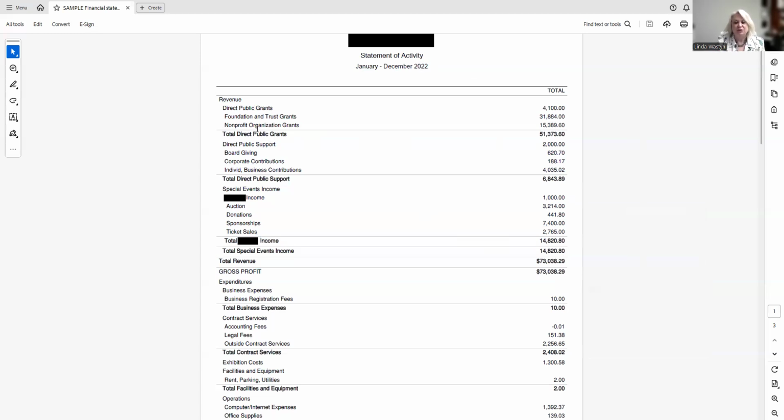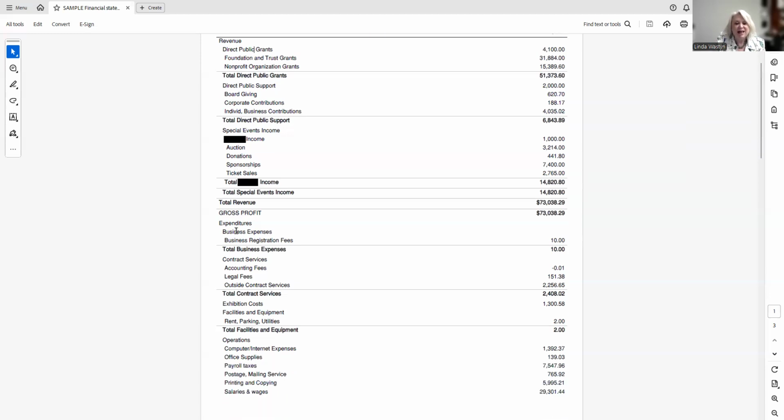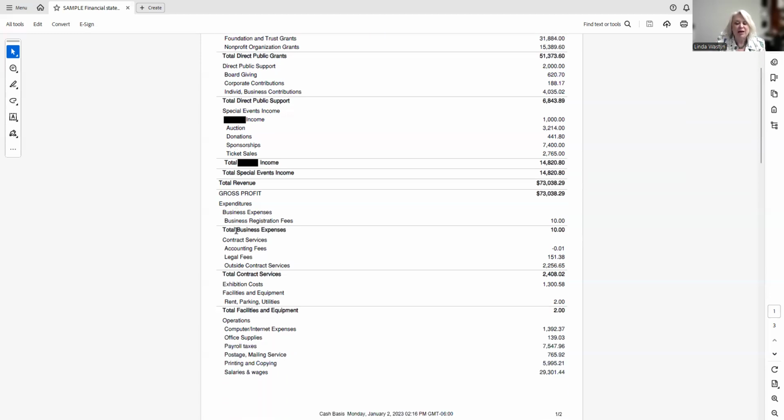These categories are something that you set up yourself for whatever makes sense for you. You can also see how much the board gave, how much they got from corporations, what they got from individuals, and what they received from their special event. And they have it broken down how that money came in for their special event. So that's the income side. Then the next part is their